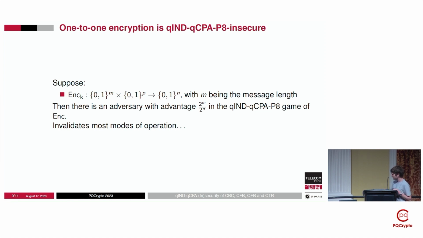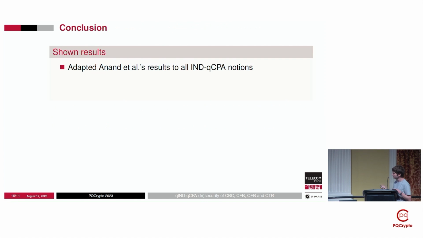The catch, and what prevents this result from being too powerful, is that if you add an authenticity tag, it won't work, because the authenticity tag will basically increase the output domain by, generally speaking, some linear function of your security parameter, and so this adversary will only have a negligible advantage in this security game. So to conclude, what we've shown in this work is, first of all, we've adapted Anand